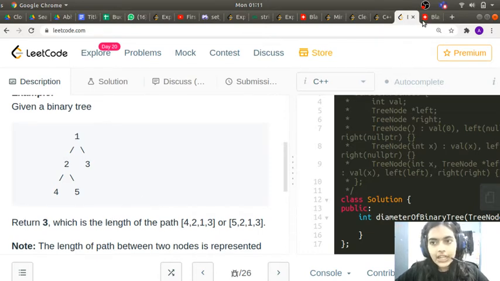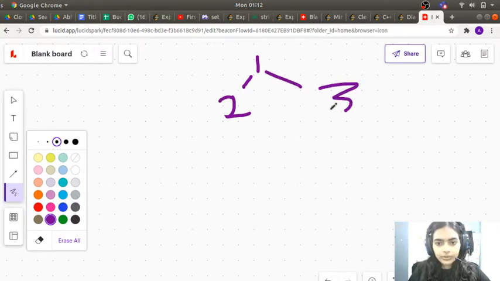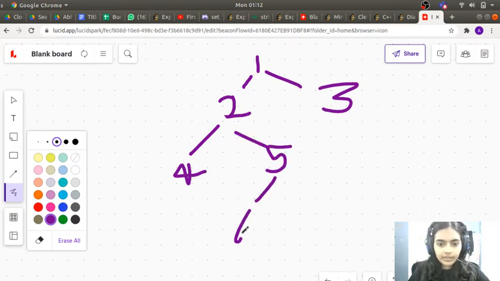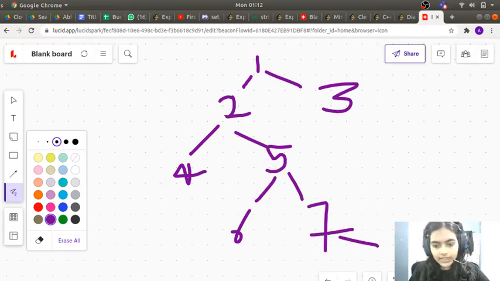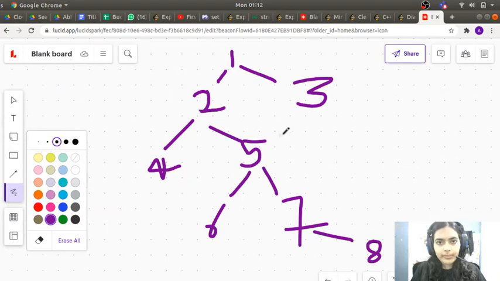So let's get started with the logic of the code and then we'll move forward to coding it. So I'll just take, for example, any binary tree. Suppose this is a binary tree, 2 3 4 5 6 7. So let's consider this is the binary tree, and let's just take one more node. Suppose 7 also has 8. Okay, then we have to find the maximum number of connections.